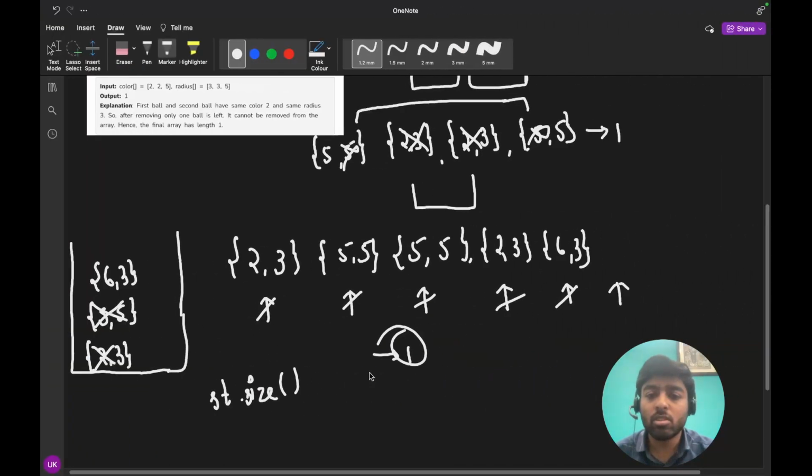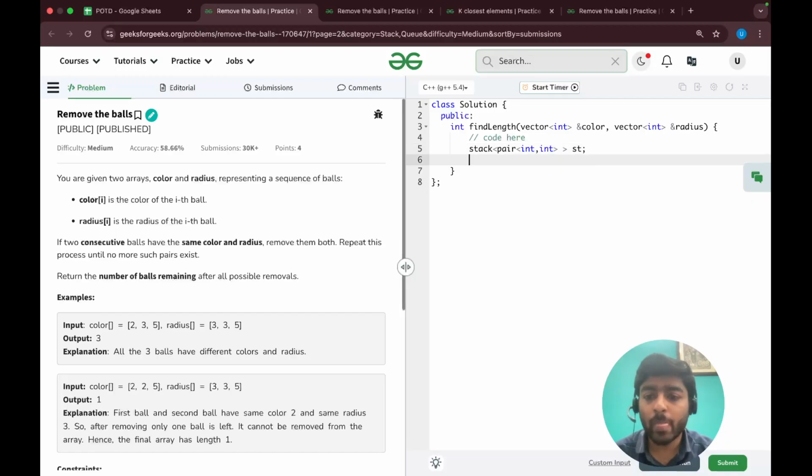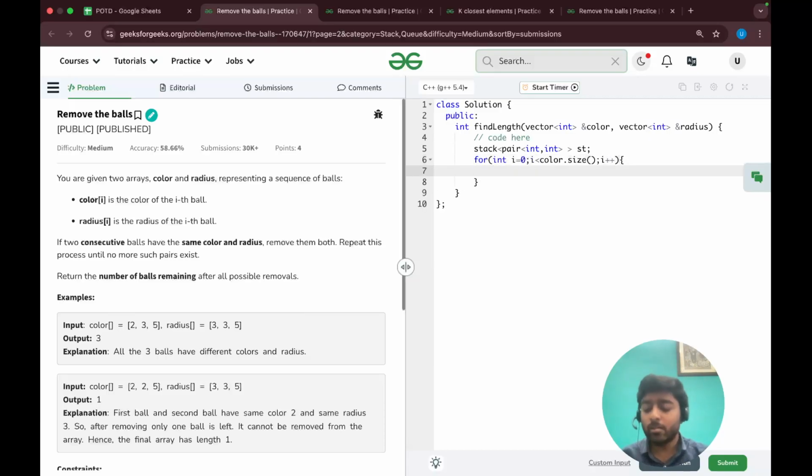So let's code it. I will create a stack. I was putting two values in the stack, so I will create a stack of pair of int comma int. Now I will run a loop for int i equal to 0, i less than color dot size, i plus plus. If my stack is not empty, then only we can check the value.